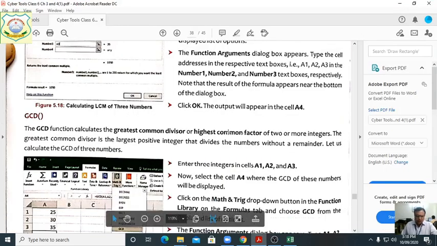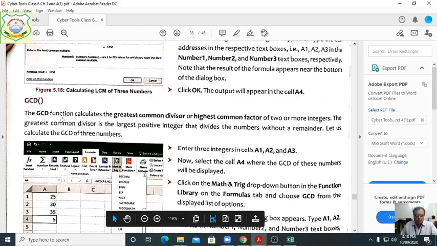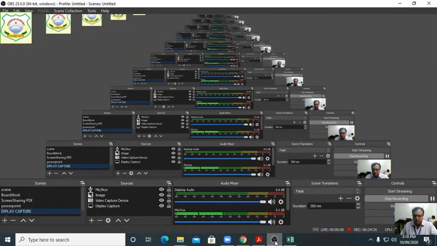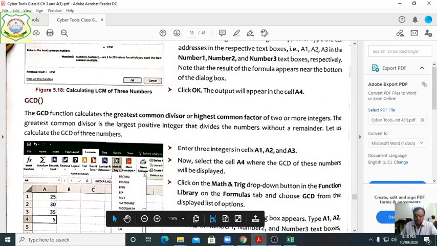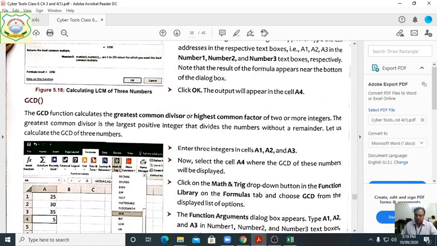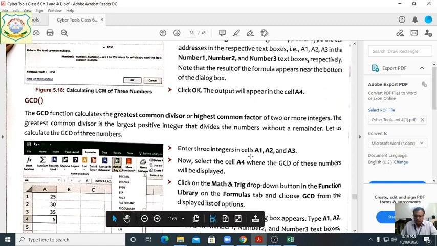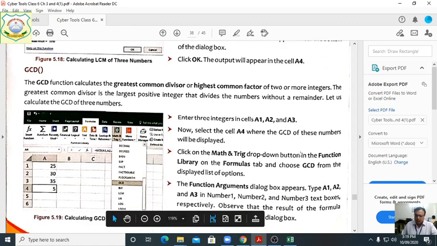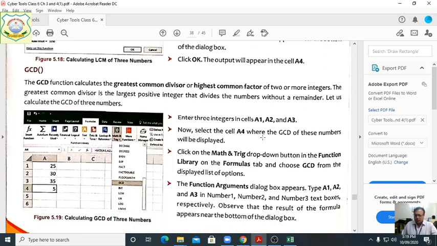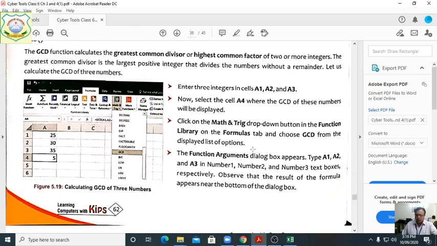So students, here it is also given: the GCD function calculates the greatest common divisor or highest common factor of 2 or more integers. The greatest common divisor is the largest positive integer that divides without a remainder. Integers in cells A1, A2, A3 and A4 work the same as the LCM whatever we have done.